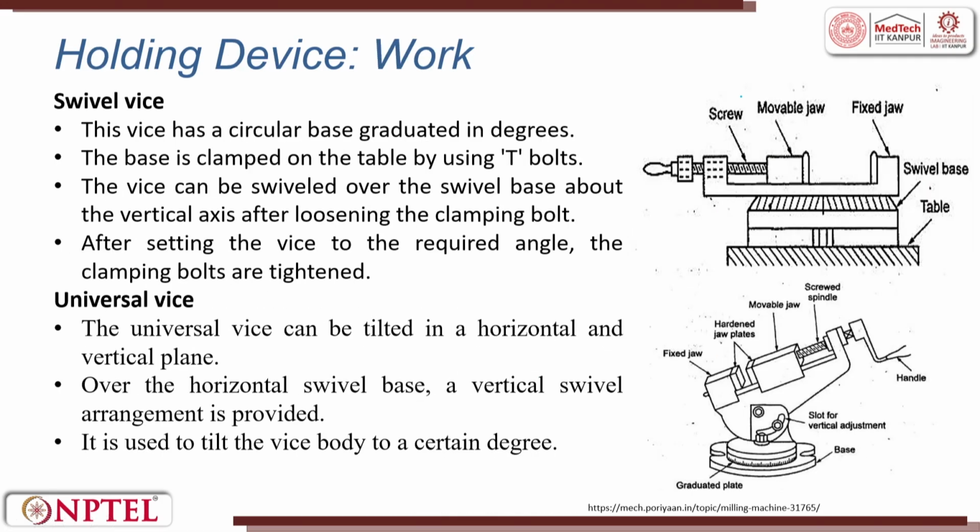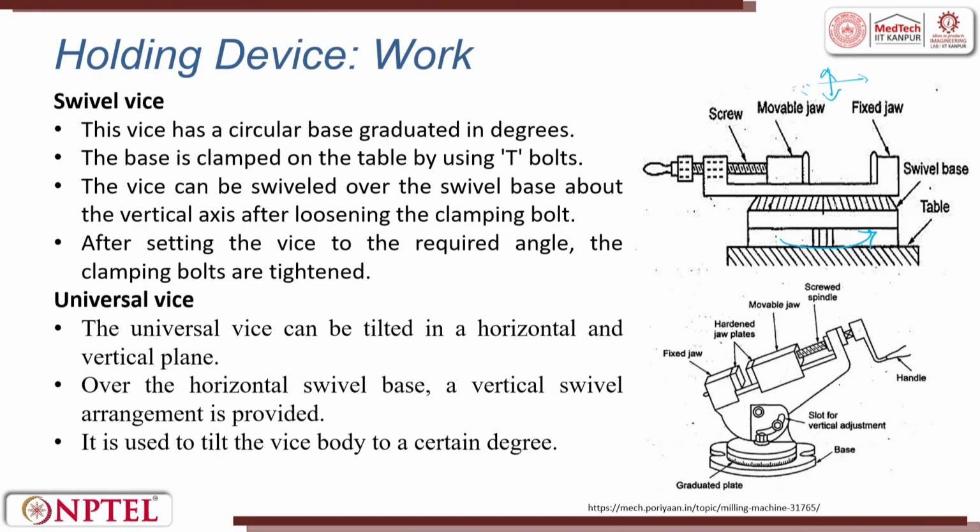This is the vise. The vise can have only up-down movement or left-right movement. If you have a proper setting and a gear meshing, you can also have swinging around. So, it can move up and down, left and right. This is easy. But if you want to orient at an angle, we have a handle wheel which rotates, and the vise gets meshed onto a gear. It rotates and you can fix it at an angle.